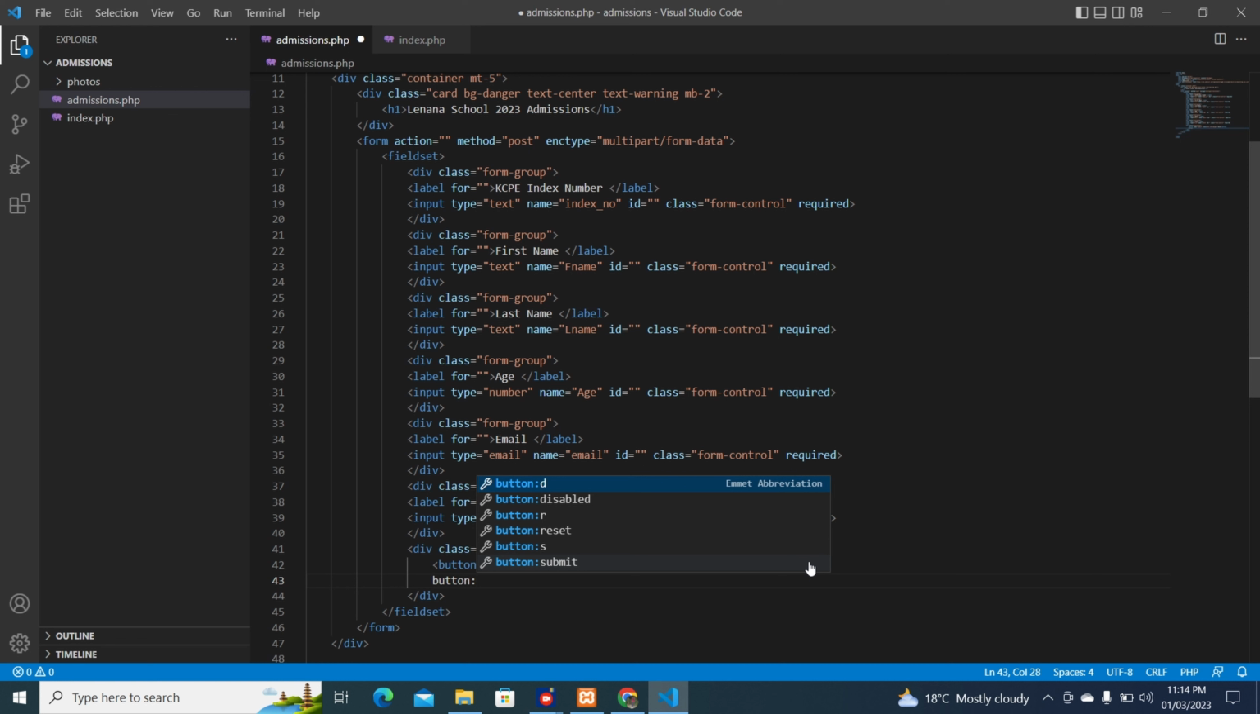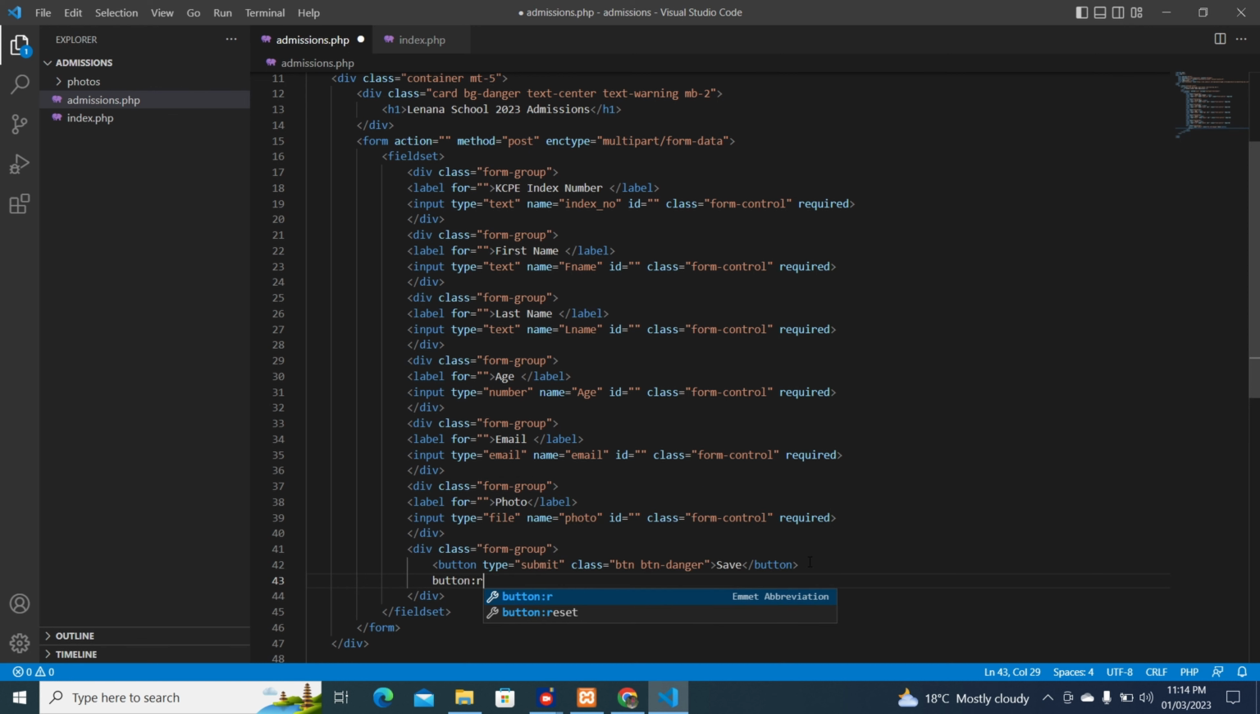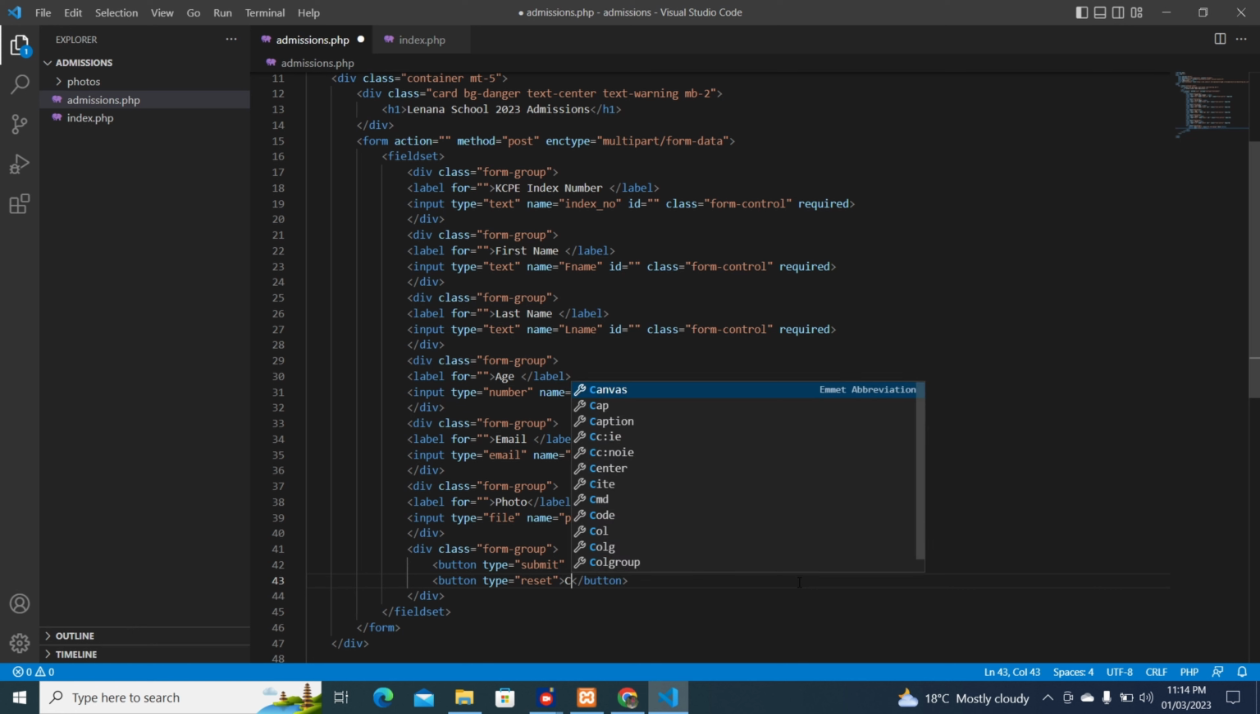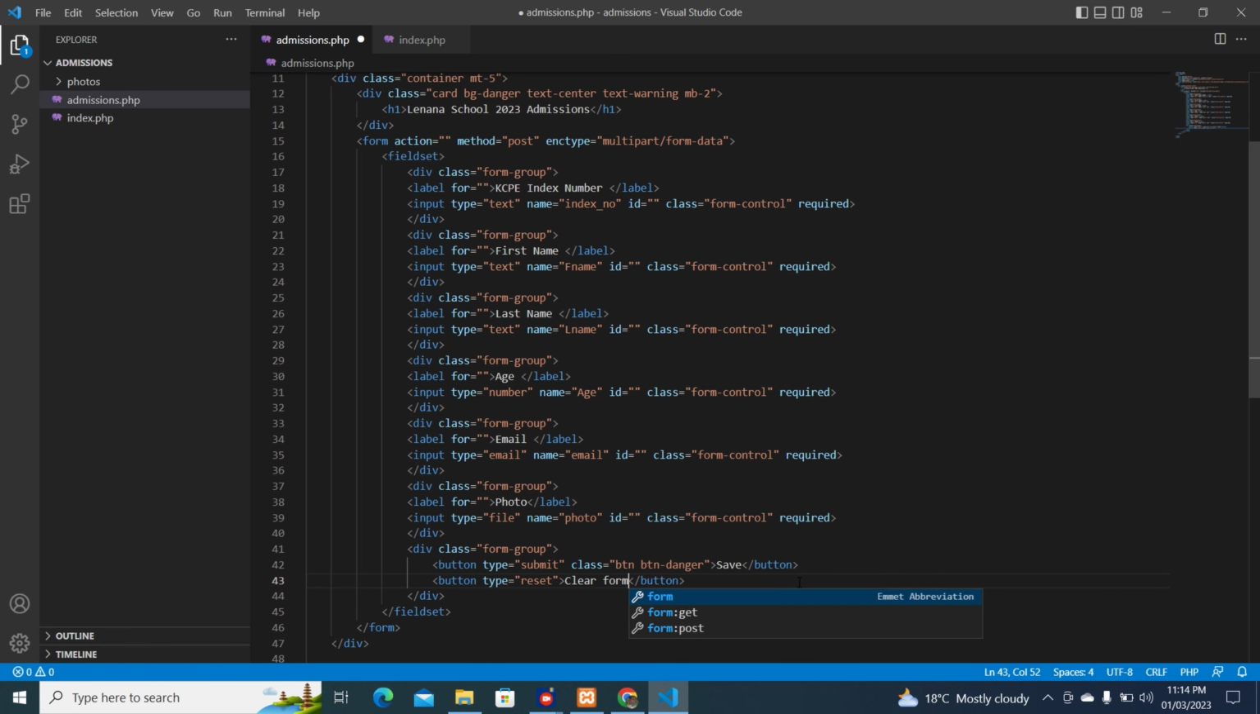Button type should be reset, and then reset, clear form, and just have clear form like that. So the name of this button should be save. Name, I have it like save,